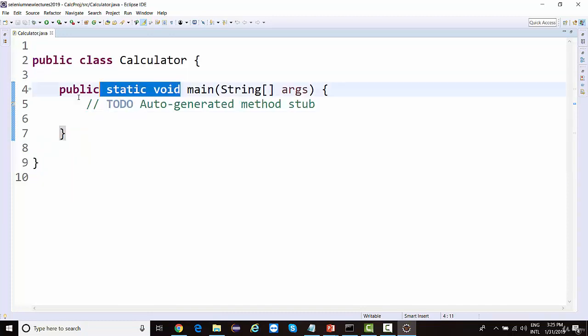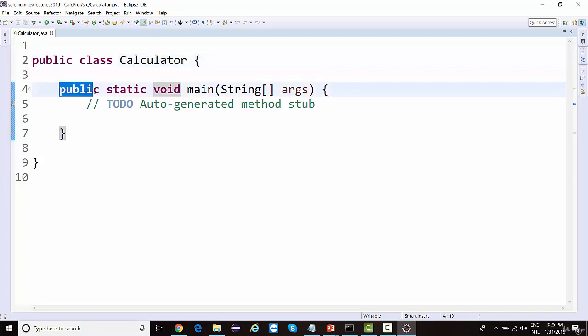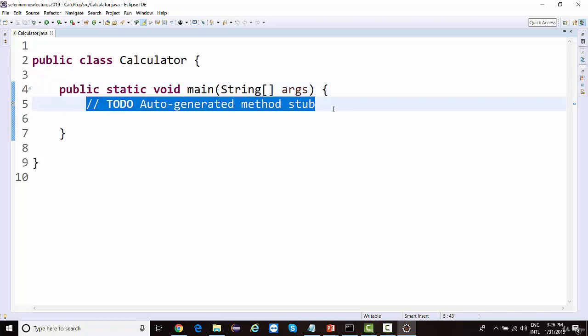So we need not worry about what these things are right now because I have covered all these in detail in the core Java lectures. So all these topics are already covered. What are access modifiers? What is static, non-static? What are return types? What are methods? Different types of methods. So all these things are covered. Right. So right now, these are comments, I can just remove them.